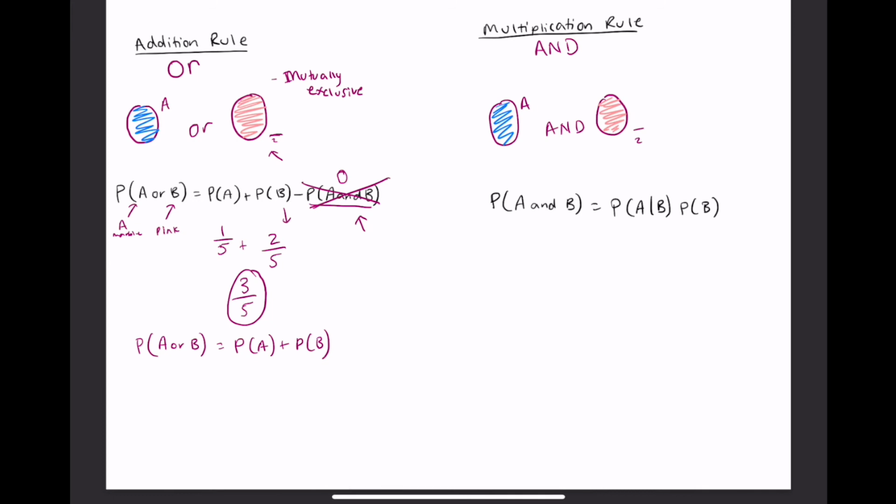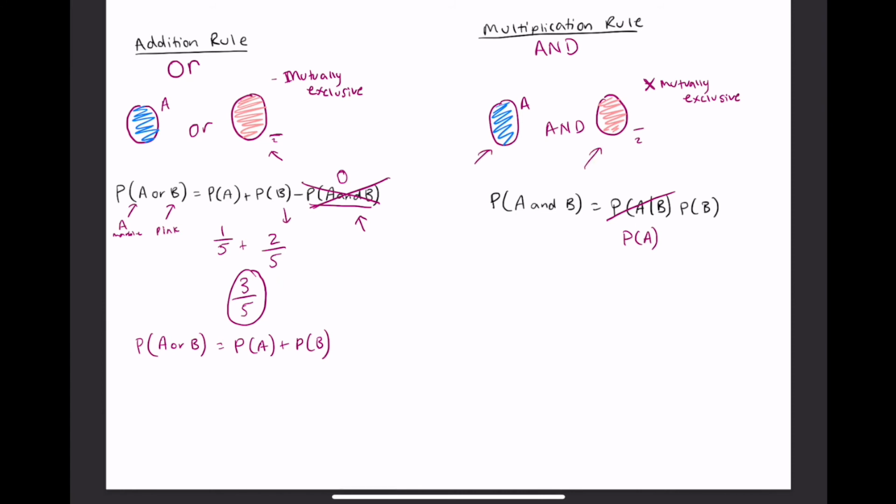So the characteristic of being mutually exclusive is not the case here. Mutually exclusive would mean that they can't exist at the same time. But in this case, they can. So now let's go to our formula. Like the or addition rule here, this formula can also have a replacement based on a characteristic. So we can replace this with probability of A. Why? Because the 2